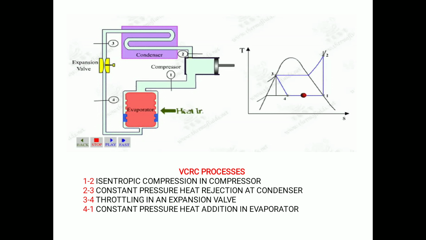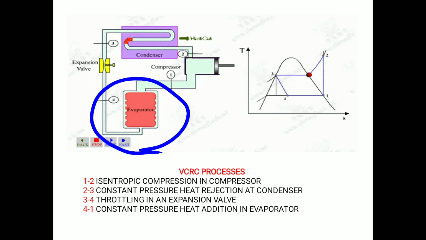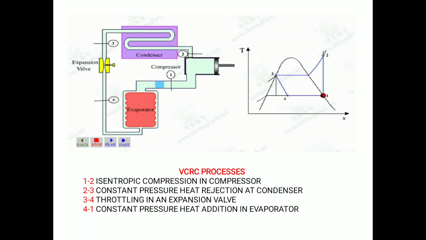So once again, try to understand what is happening in the vapor compression refrigeration cycle. Let us assume this evaporator setup is inside your room, which is to be air conditioned, or where you have to maintain lower temperature. So the indoor unit of your room is the evaporator, and the compressor, condenser and expansion valve will be outside. If you want to keep your room at lower temperature, you have to continuously reject some amount of heat to the sink, that is, to the environment. How will it happen?